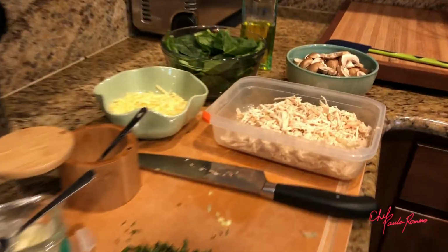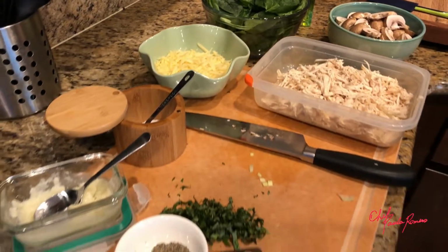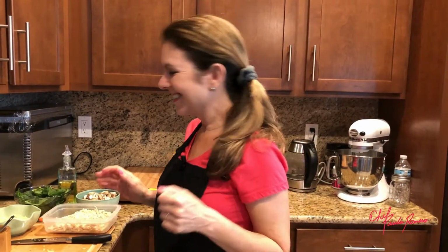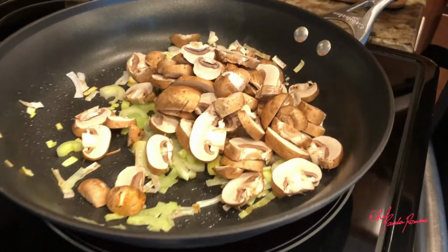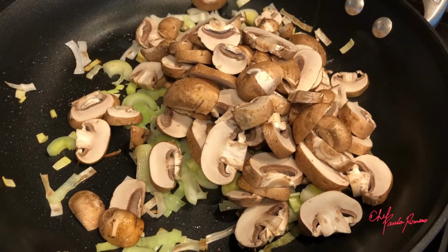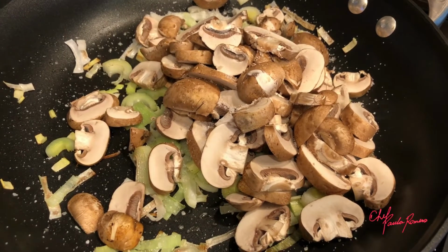We're gonna add mushrooms, shredded chicken, spinach, basil, garlic, salt and pepper, and the cheese we're gonna add it later on. Now wait until you see how this filling is gonna turn out. Very inviting, huh? Gonna add some salt, pepper,